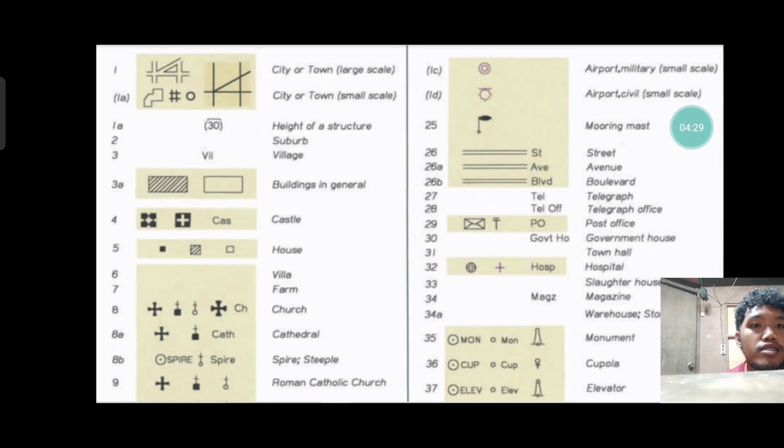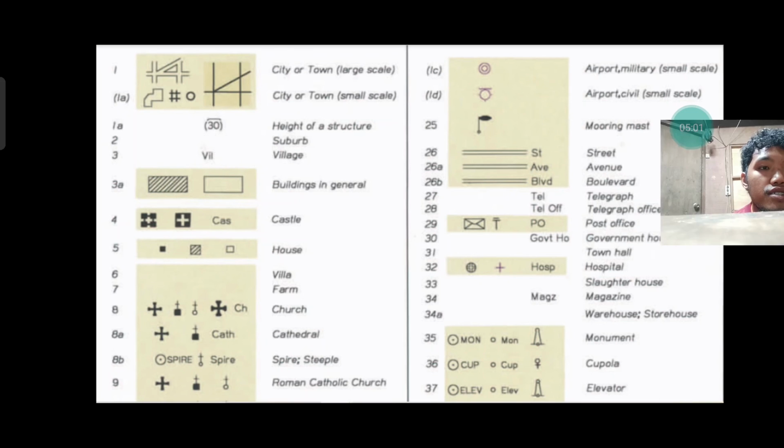This double straight line is for the street, and its abbreviation is ST. Next is the avenue, whose abbreviation is AVE. Next is the boulevard, whose abbreviation is BLVD. Next is the telegraph, abbreviation TEL. TL OFF is for telegraph office. Post office is PRO. Government house is GOVHO. Next for the town hall, hospital, slaughterhouse, magazine,